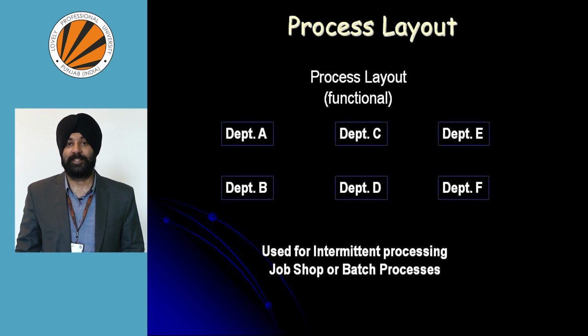Secondly, under this process layout, the machinery generally used is called general purpose machinery. So the same machine is able to perform multiple tasks. As you are already aware, under batch production or job production, after the performance of a particular task, job, or batch, the machines are reconfigured as per the requirements of the customers, and then the next batch or the next assignment is performed.